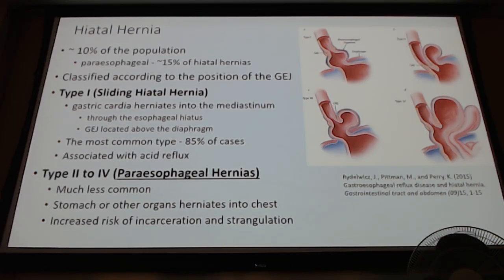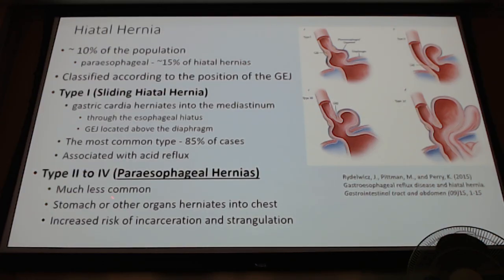Right? So with 1, you basically have the first part of the stomach that slides through the esophageal foramen. Okay? It doesn't have a good position below the diaphragm. The diaphragm isn't tight enough, so the first part of the stomach just keeps sliding back and forth. Okay? Most common symptom is GERD, mostly associated with GERD. Okay, type 1s are the most common type of hernias, esophageal gastric hernias. Okay,